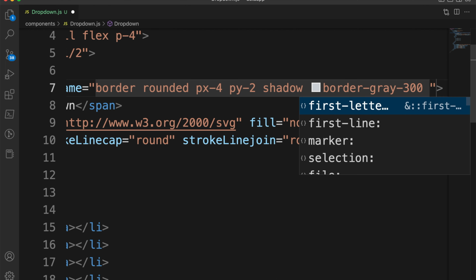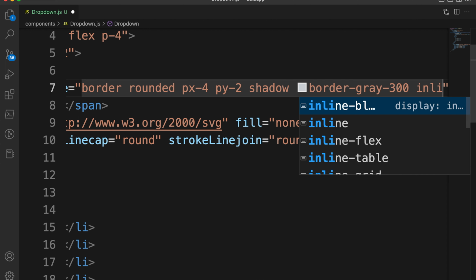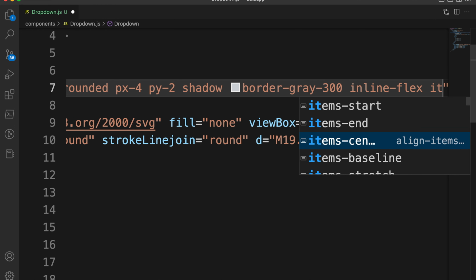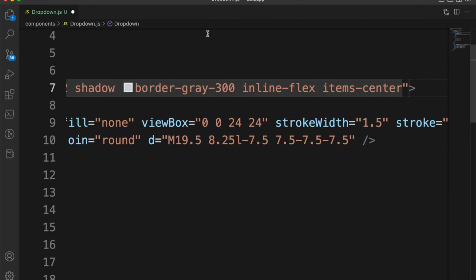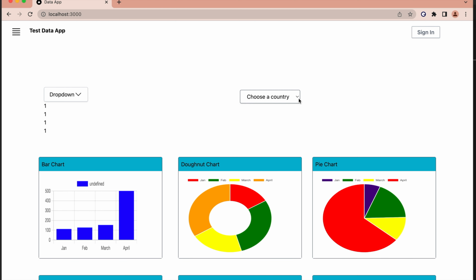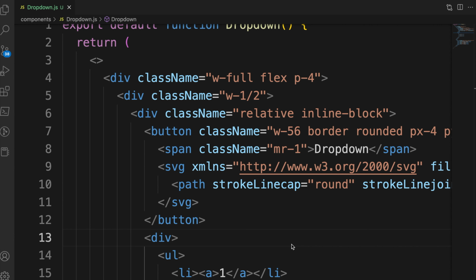Now we need to provide inline flex here and items center, that way it looks proper. So now it's a similar kind of drop down. We might need to narrow it, but we could just replicate the similar to our options element, and for that we